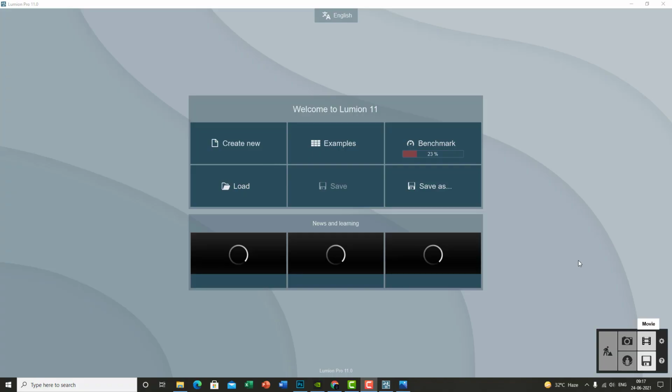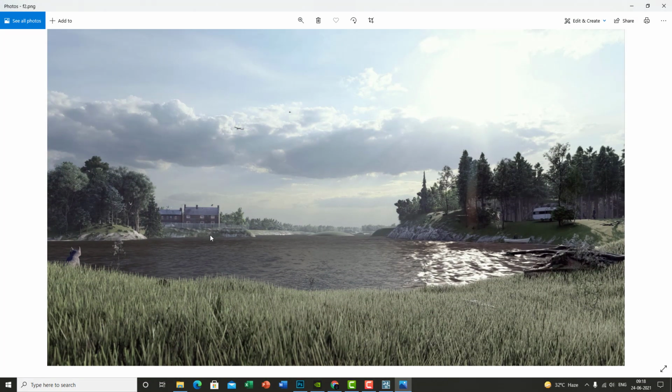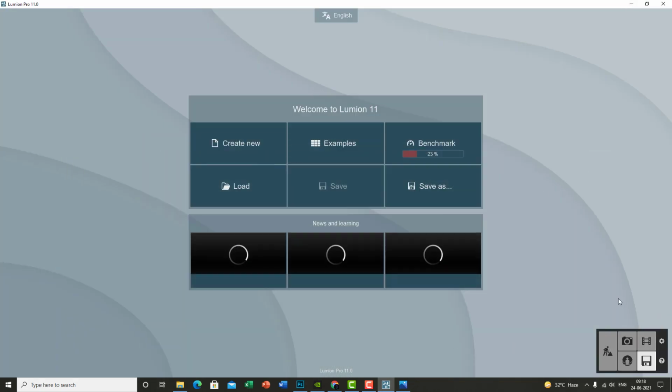So, in this part of the video, I'll be introducing you to the Lumion interface, and we'll be ending the video with a beautiful scenery render inside Lumion, which is completely modeled and rendered in Lumion. And at the end of the video you should be able to create something like this, or you can have your own landscape created. So the moment you open up Lumion, you will be presented with a screen that looks